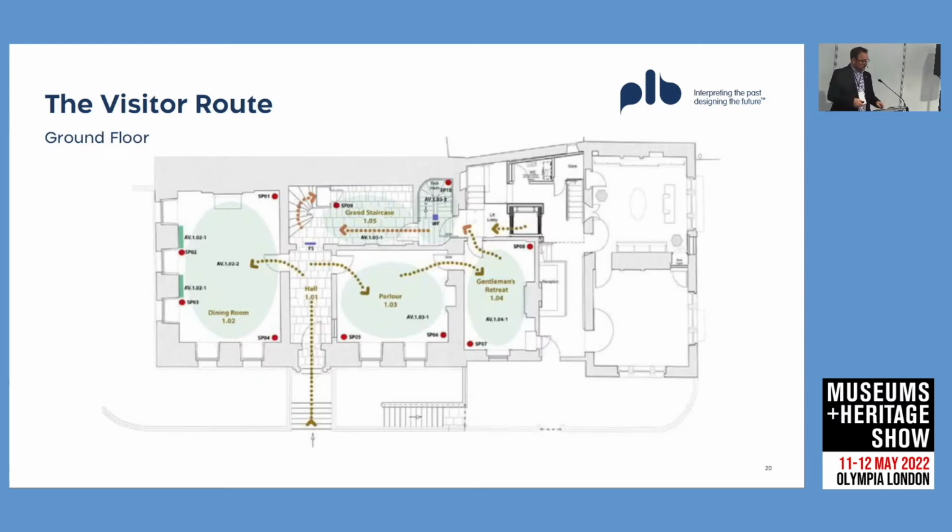We then had the visitor route, so we were looking at every room being mapped and then the principal rooms actually having something in them. So the first room you go into is on the left-hand side of the slide, the dining room, and that's where you meet the family. So the family are there, you meet them in the morning,